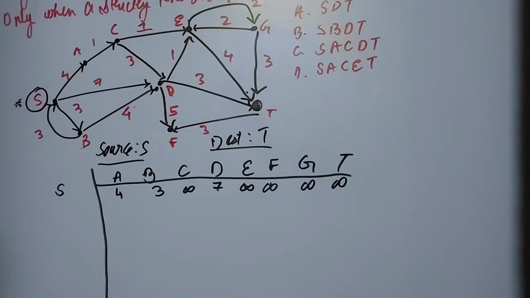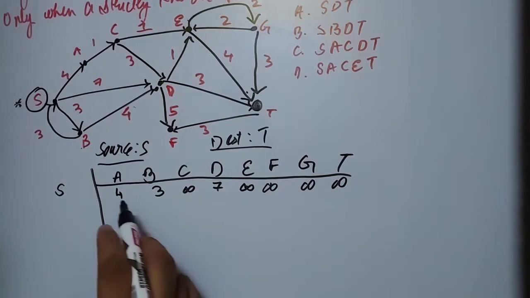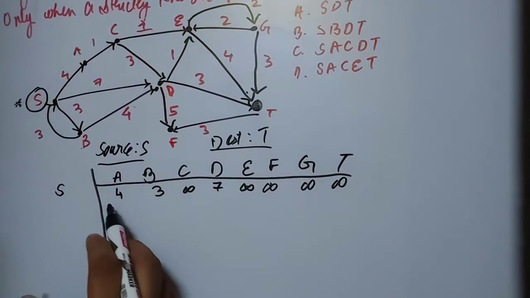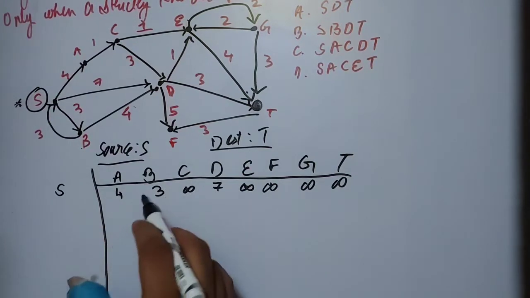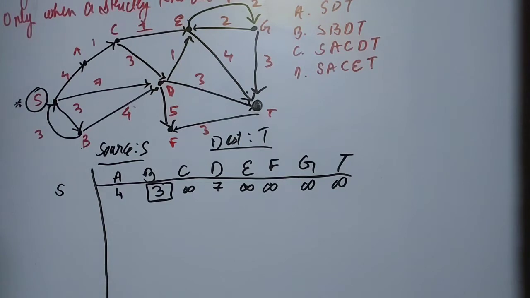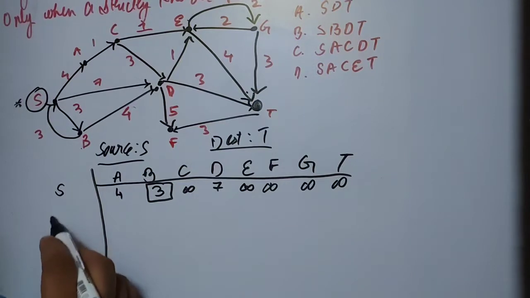As it is a greedy algorithm, we have to find the minimum distance, the minimum shortest path. So from 4, 3, 7, the minimum distance shortest path is 3. So we will highlight this part. Now we have discovered a path from S to B whose distance is 3. So from B,